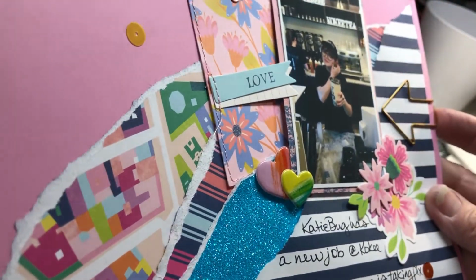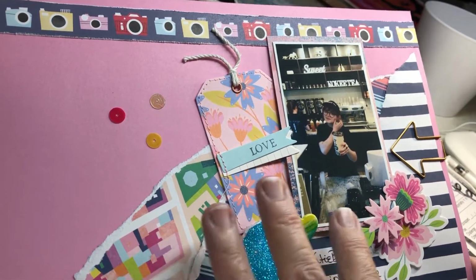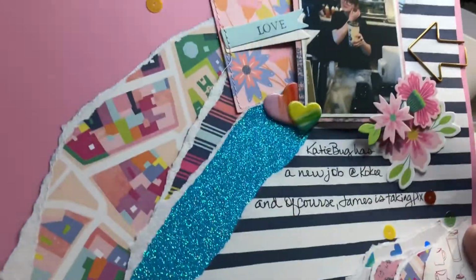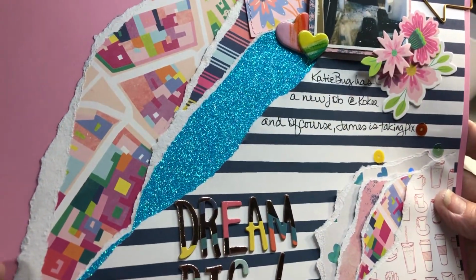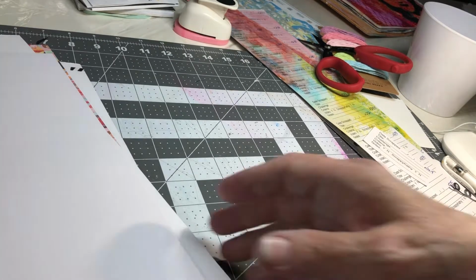She since has moved on, and I like the colors. I like the idea because the colors are kind of dark and uninteresting in the photo. I like adding all of the pastels and the busyness around it, but just not the, if I'd torn this one in, I don't know. There's just nothing I like about this page. So I'll put that aside. Actually, that's going to go into the redo pile along with that one that I have to add the photo